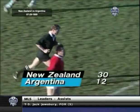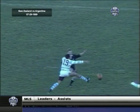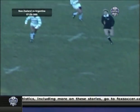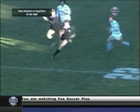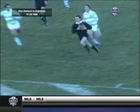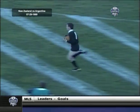Two more for Grant Fox, and suddenly the All Blacks from 15-12 at half-time have gone to 30-12. Well, they always talk in the vernacular about the top 2 inches of a player, and Fox was certainly showing it there. You need the brain, and he certainly got it. He had vision. He actually hit the ball on the top, as you'd notice, so it kicked end on end